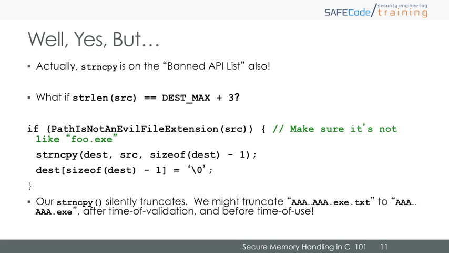To illustrate one of the reasons why that is so, we can use this example. Let's say we're taking some code where we're trying to confirm that an untrusted string doesn't end in .exe because that would signal an evil file attachment. So we might do some code like if path is not an evil file extension on the source buffer, and as long as it's not, we'll go ahead and copy that file path to our destination buffer using the idiom